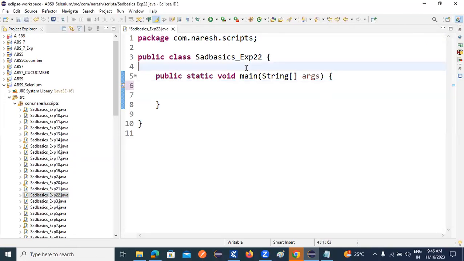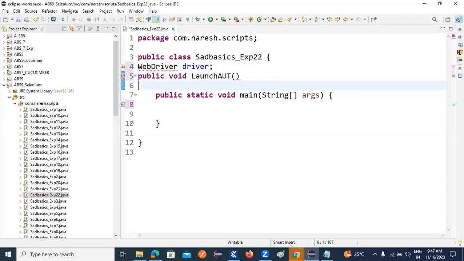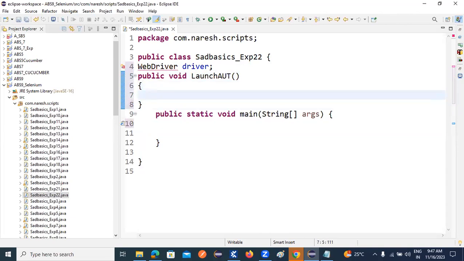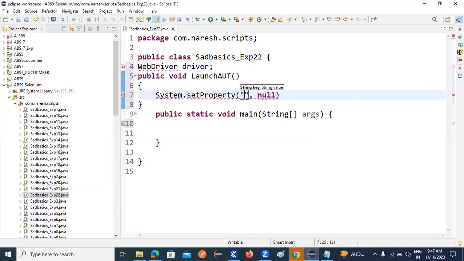See guys, now WebDriver driver, public void launchAUT, System.setProperty, WebDriver dot